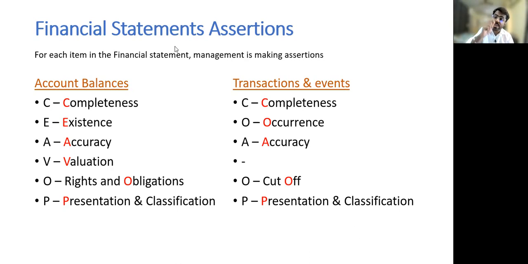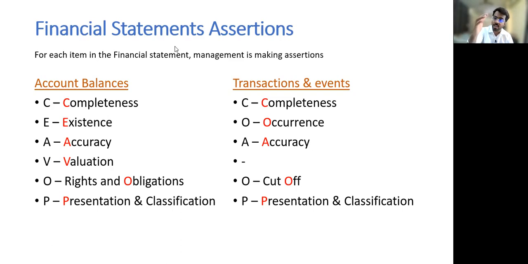In accuracy, you're only checking addition and subtraction. You're not bothered about the value. For example, in the same example, where you're checking whether the fixed asset's value has included all the amounts which have been incurred in order to bring it to the present condition, you are checking that, but you're not checking the addition, the subtraction, the multiplication, the division. If you're checking that, then it is checking for accuracy. If you're checking only the value, then it is valuation. And as I told you, both of them are closely related to each other. You'll probably do both of them together in order to check whether something is correct or not.